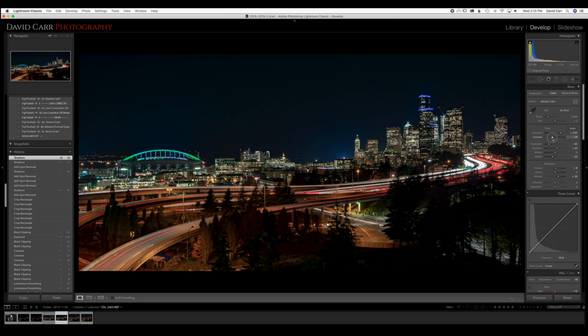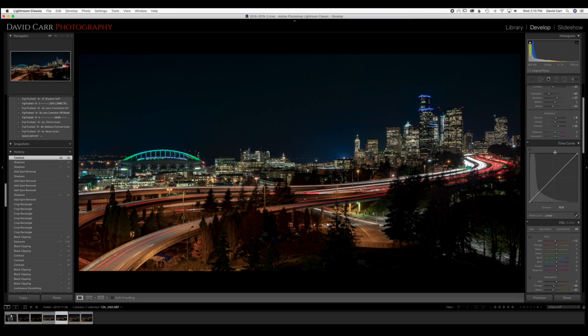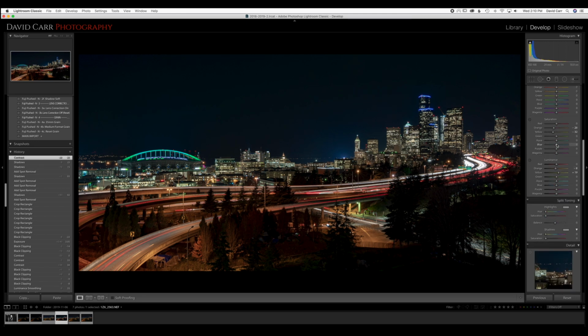I'm going to pull the contrast down. I'm just trying to balance this photo out, folks. So just bear with me. I'm going to go back to my HSL sliders. I'm going to bring blue down, see what it does to the night sky. No, it starts looking like a cloudy, rainy sky. It's okay to have some blue